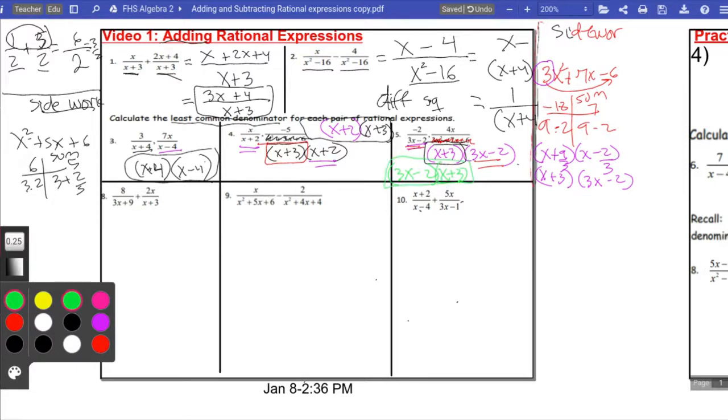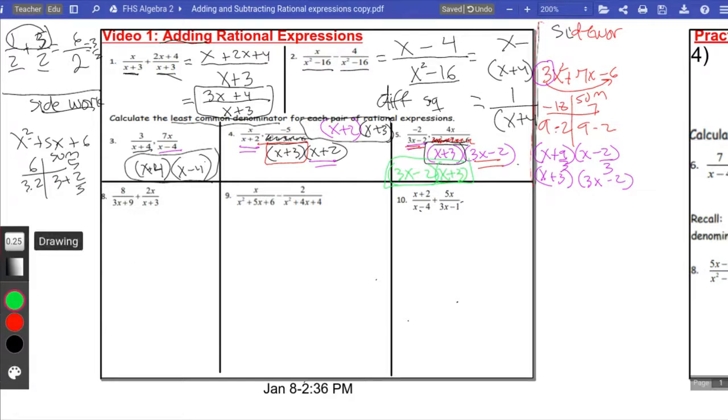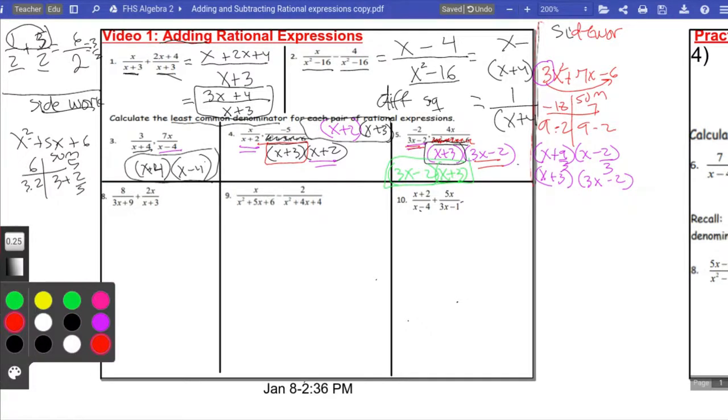That's it. So this is how you just find it, right? This is how you just get it. But now it's time to put all